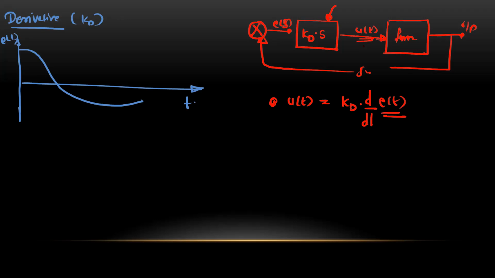Depending on that, it will generate the control output, and then it will control the current in the coil. Here you can observe, if this is the error signal varying with respect to time, then at every time instant it will try to find out the slope. This d by dt of the error signal is nothing but the slope. When the error is positive, we get a positive slope, and when the error is negative, we get a negative slope.